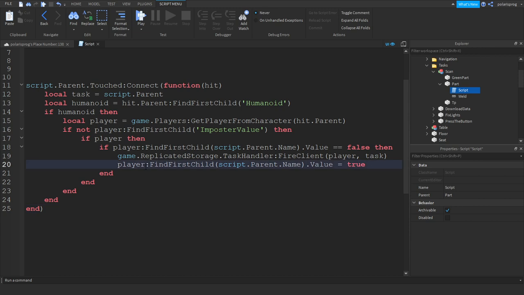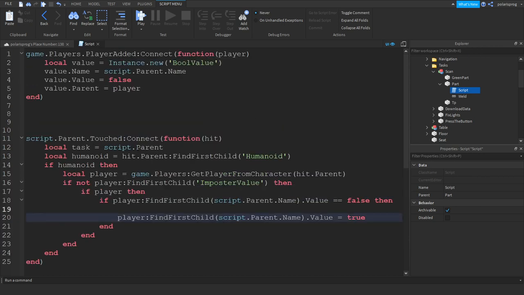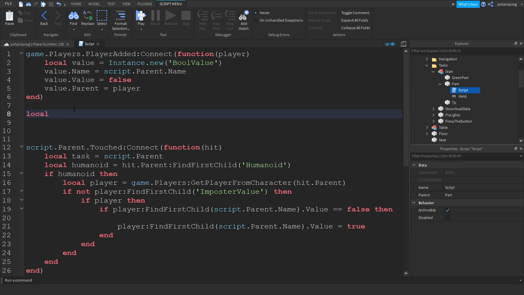All we have to do is, instead of making a UI, just remove this game.ReplicatedStorage.TaskHandler ConfigureClient, and instead we're going to use TweenService. So let's get TweenService. Let's create a variable, local TweenService, equal to game:GetService("TweenService"),